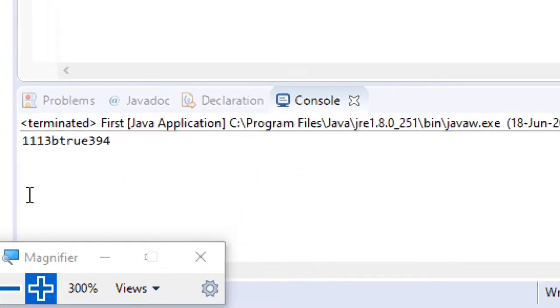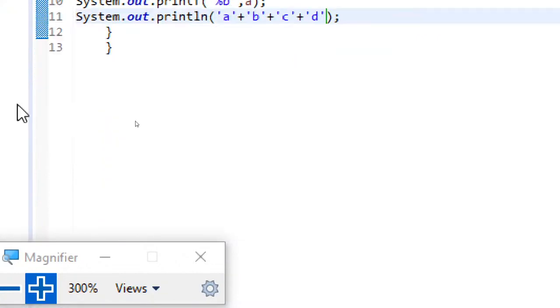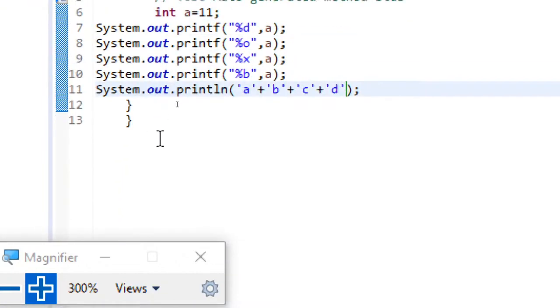You can see the output is 394. What is this 394? When you use single quotes instead of double quotes, the ASCII values are added. You all know the ASCII value of small a is 97.